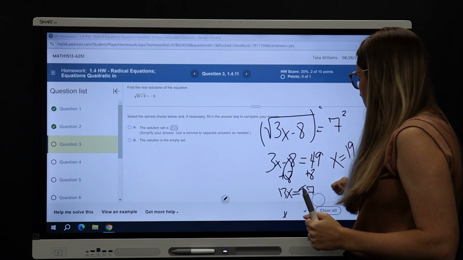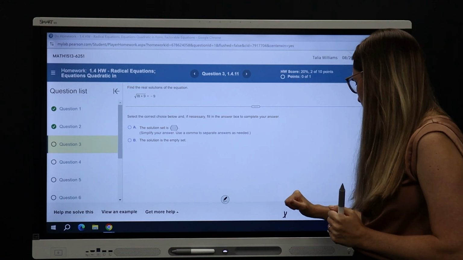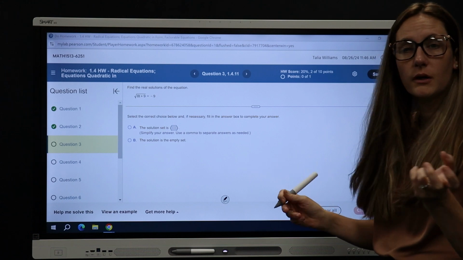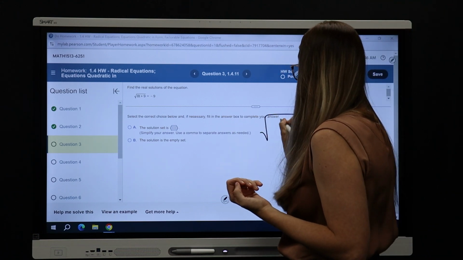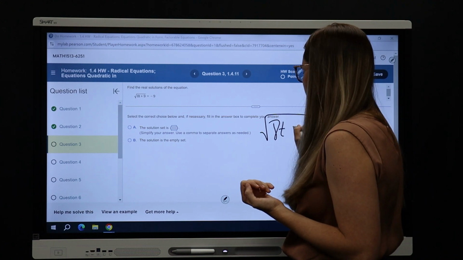There's only 10 questions on this, so if y'all need more help, let me know. This problem right here is a trick question. So I'll rewrite it so you can see it. 8t plus 9